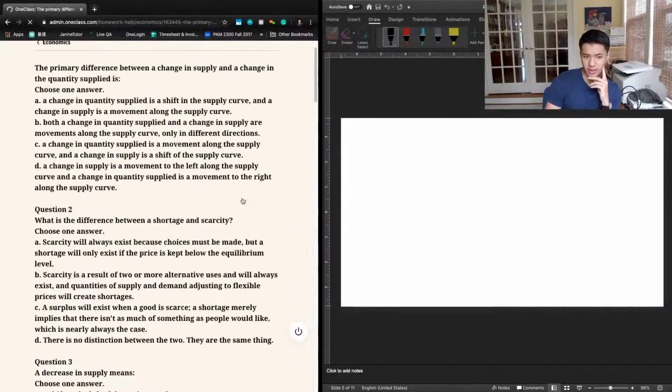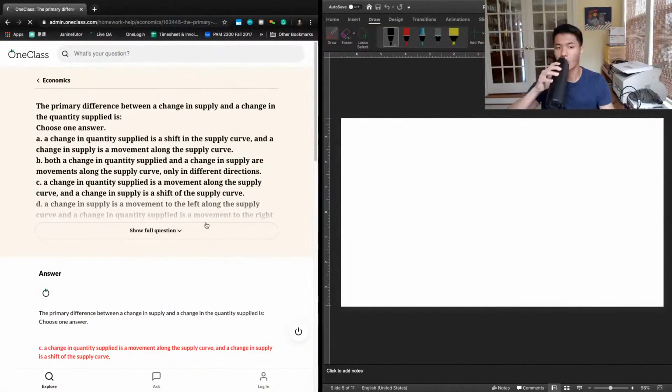Okay, let's take a look at this question. Looks like we got several questions here. So the first question said that the primary difference between a change in supply and a change in the quantity